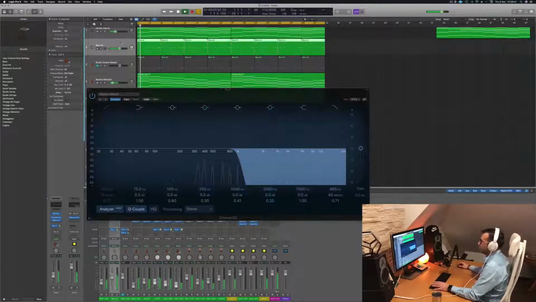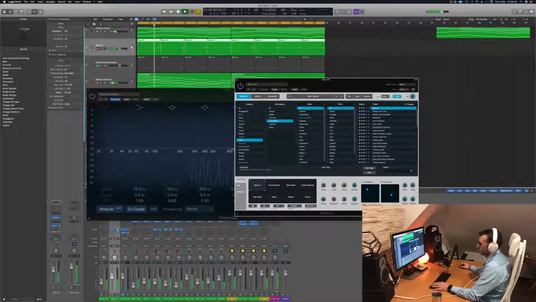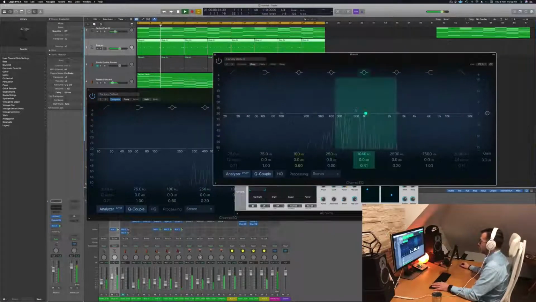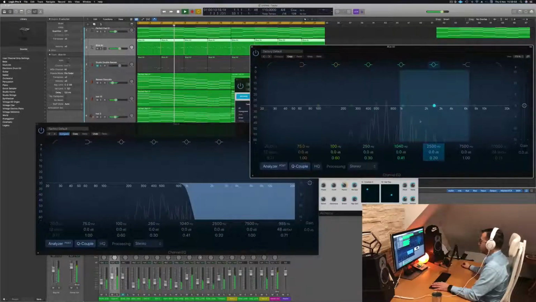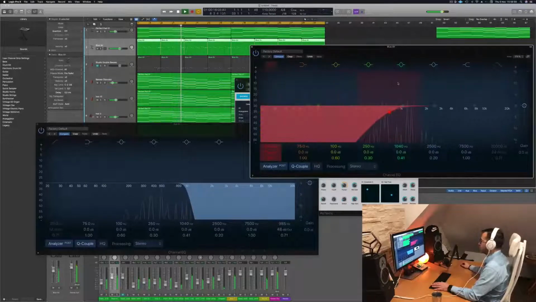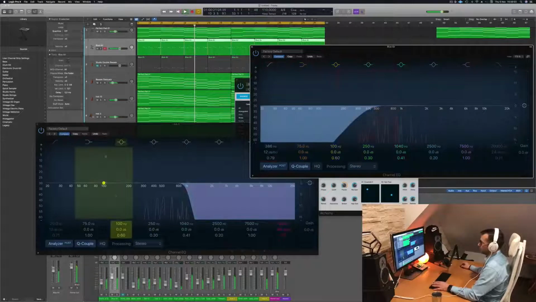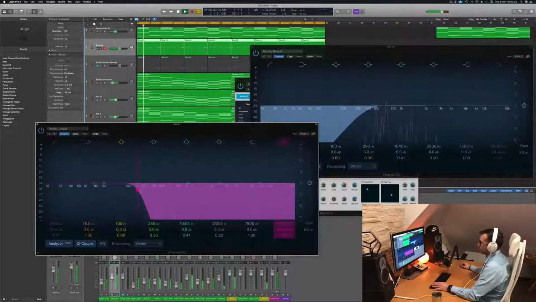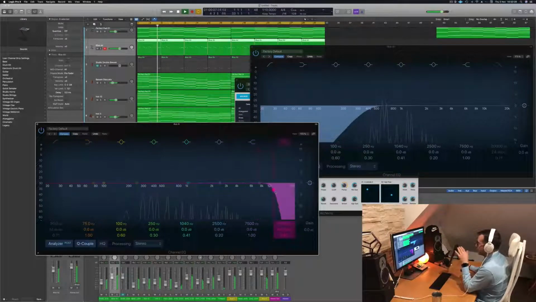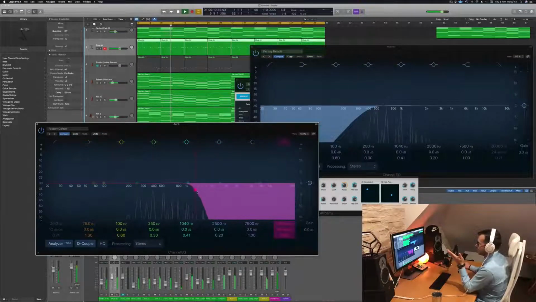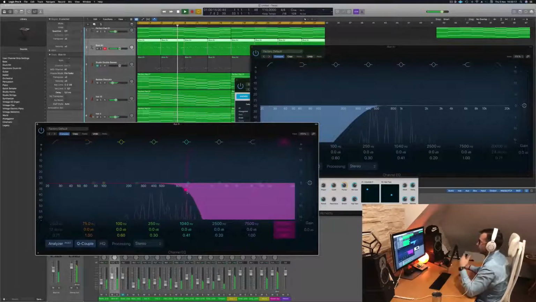I would like the lead to be around maybe 1K, so let's have a look at the lead to see where it stays. It's a bit lower here, but there's still quite a bit of peak here. So to mix the frequency, guys, you do not have to cancel everything. You can leave some. Let's see if I open it. The lead is lost, like in those top frequency of the string. But if I cut it like this,